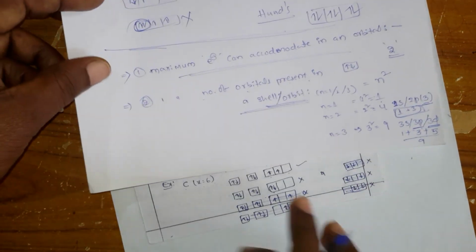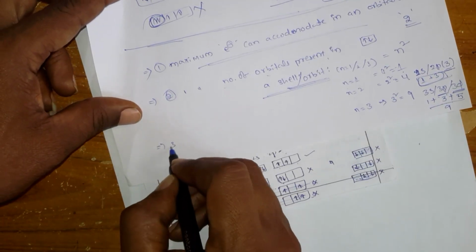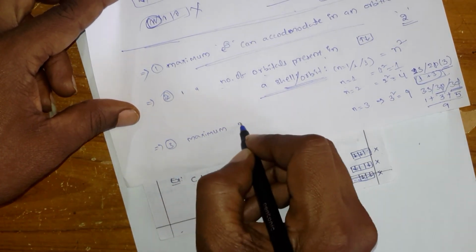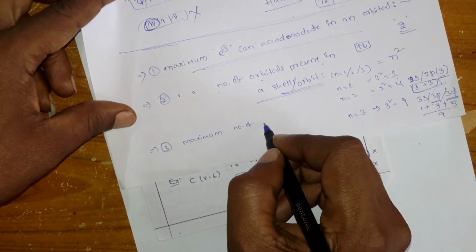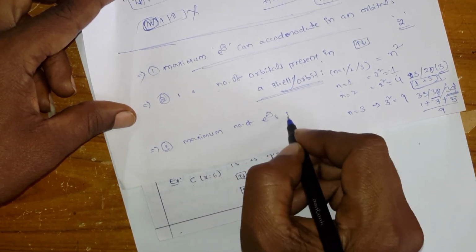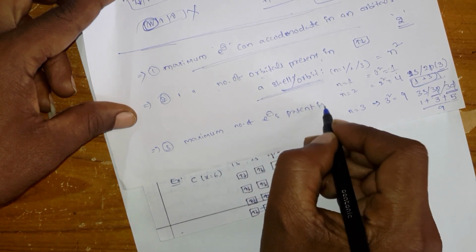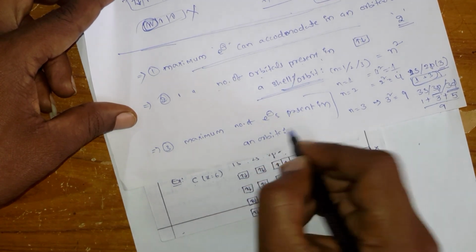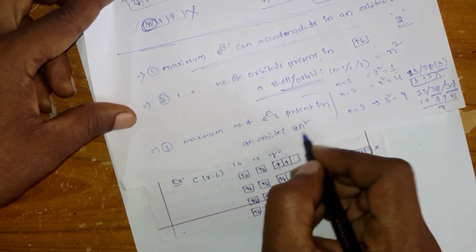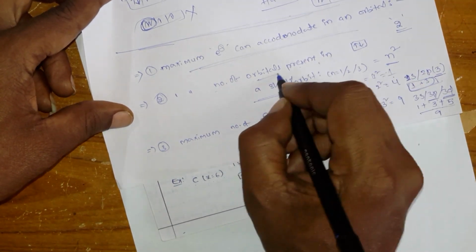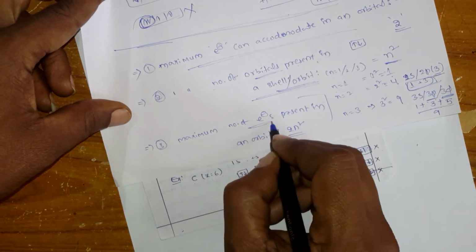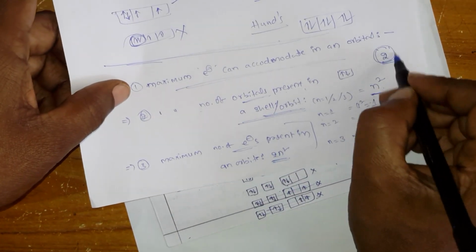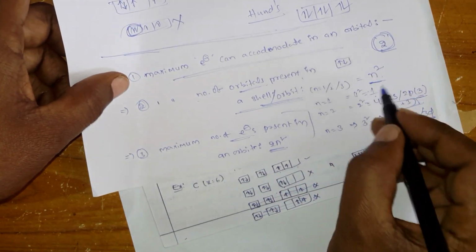Okay, right. And next, one more principle, very very important: the maximum number of electrons present in an orbit. How many will there be? 2n square. Here, the orbitals are n square. But when it comes to the electrons, it is 2n square, because inside one orbital we can fill only 2 electrons maximum, so you multiply with 2 into n square.